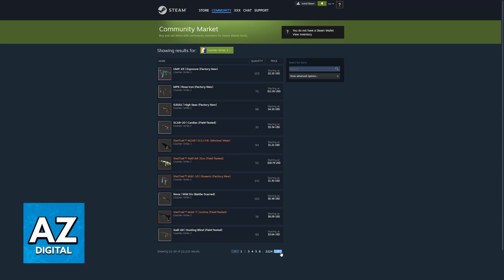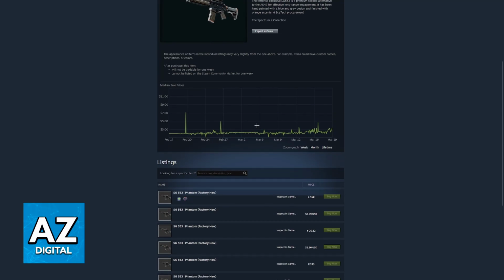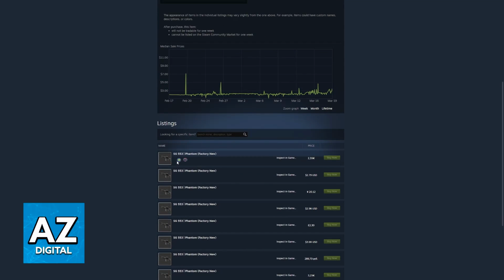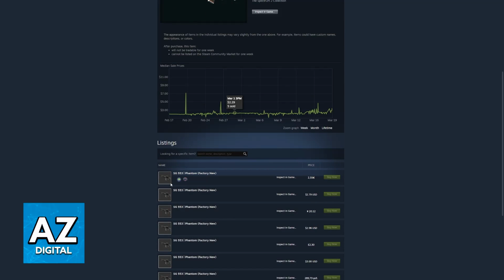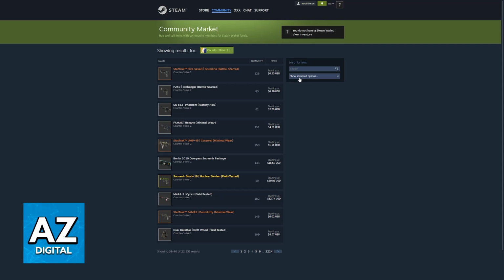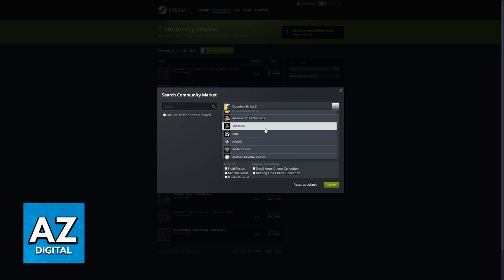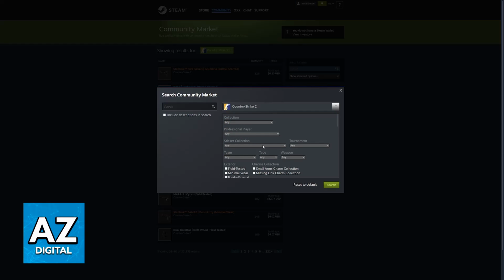These ones are going to be sorted randomly, so you will see a bunch of StatTrak items, a bunch of skins, souvenirs. You can click on any of these if you would like to see details, and you will see the price history and also the option to inspect these items in-game. So as you can see, that is a button here, or you can hover over any of them and then click Inspect in-game.